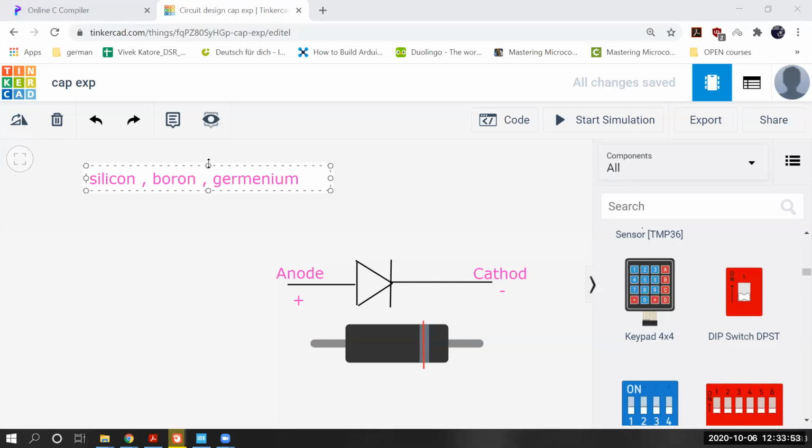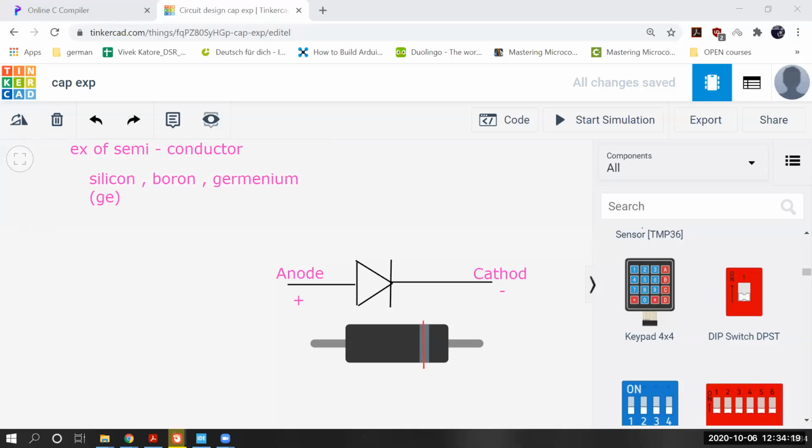Germanium is also called Ge. These are the examples of semiconductors.